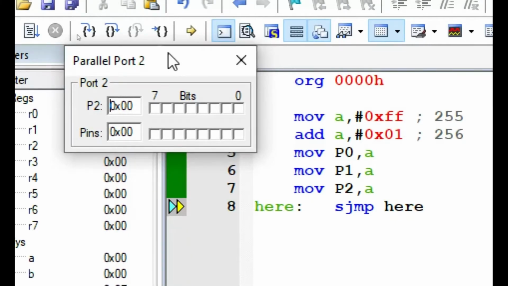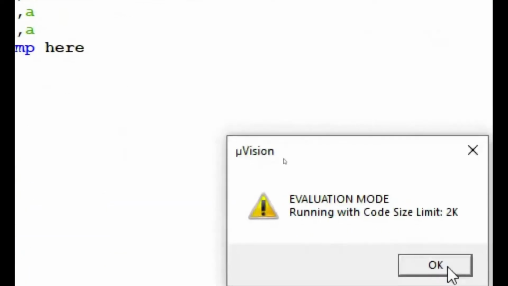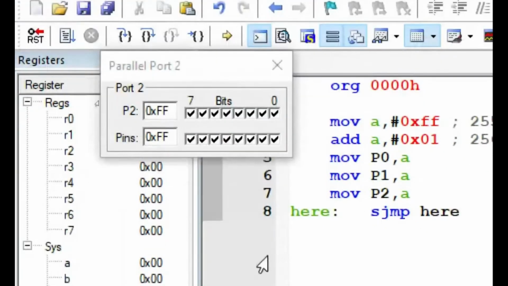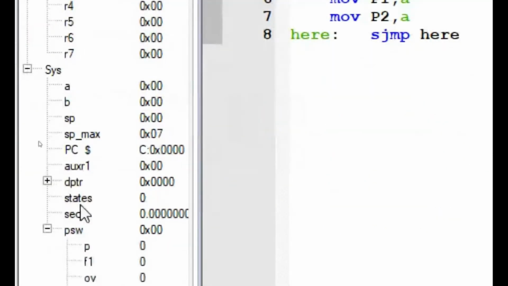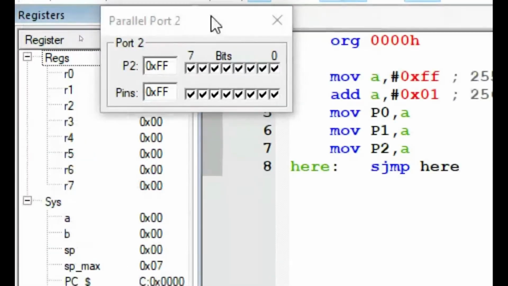The maximum number which can be held in an 8-bit register is only 255. While adding, subtracting, multiplying or dividing, there is a possibility for us to overflow. If it happens, it has to be notified, so there are flags available in the microprocessors. It is mandatory for the programmer to look at the flags also, because flags reflect the status of the accumulator. Again, I'm restarting the simulation. Now we can see the processor status word has the carry flag as 0. So now we are going to execute the program.